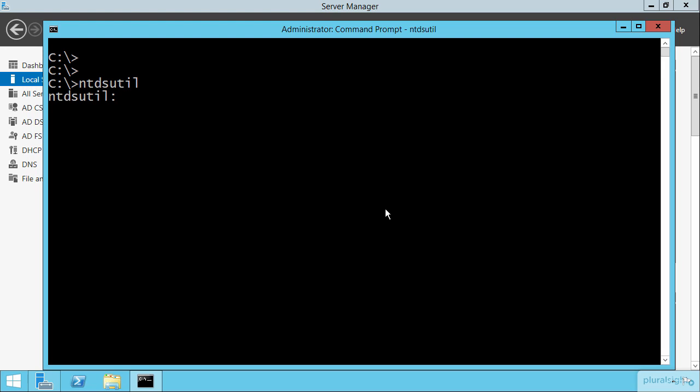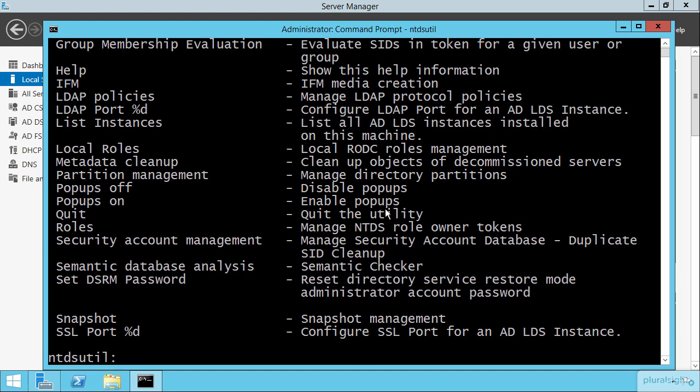ntdsutil is the Swiss Army knife, as it were, for performing a variety of Active Directory management tasks. If you hit the question mark here, it'll show you the long list of tasks that you can do here. And in fact, in this module, and I believe even maybe a little bit in the next module, we've got a couple things that we'll be doing with ntdsutil. The one that we're interested in for our purposes here is the roles command right here,